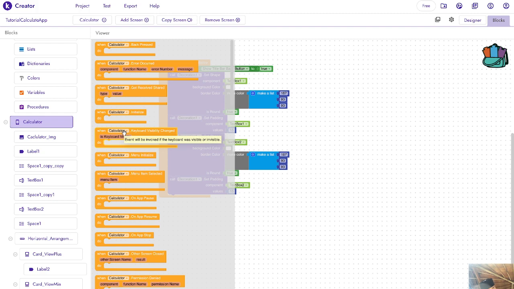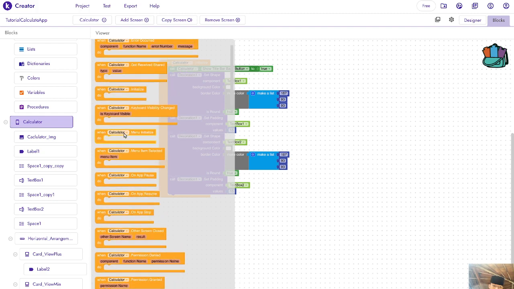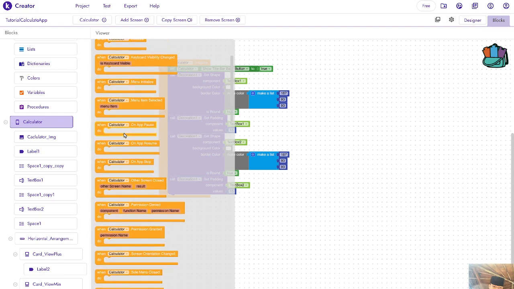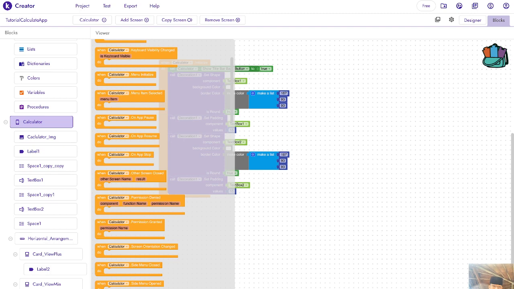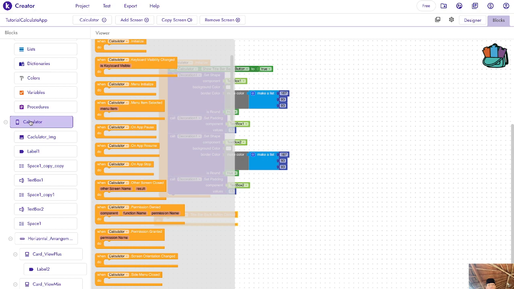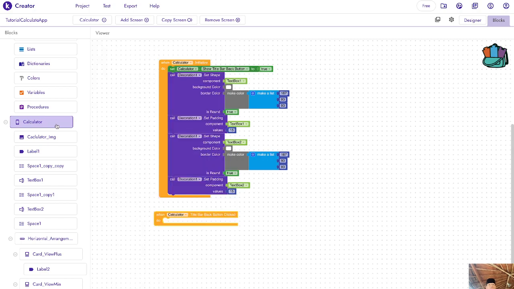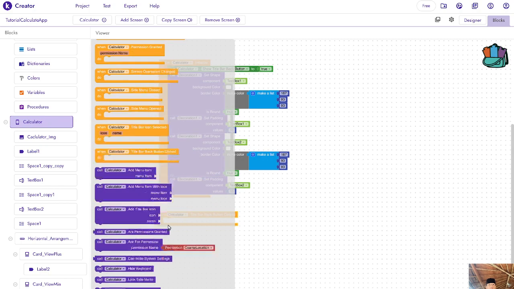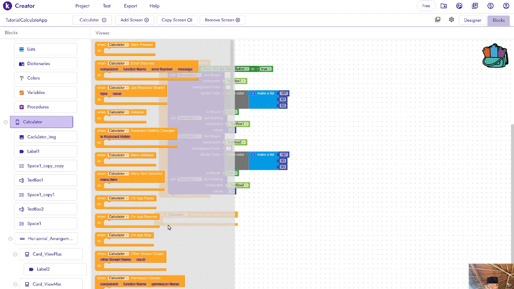Wait, title bar back button. So when title bar back button click here, the next thing that we're going to do is to close the screen there. So it's black out here. Oh, I hope it's going to be smooth. So click here and go down to close screen.